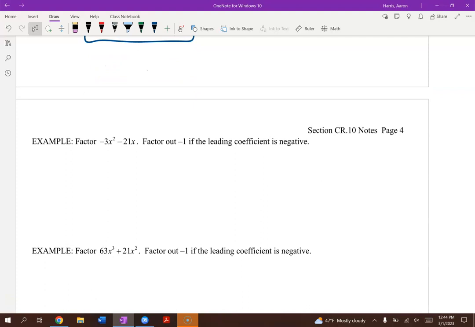Now, if you've got a negative term in the front there, I would take a negative out. So not only am I going to take out a -1, but what's their greatest common factor? So if I take out -1 and 3, good. Yeah, and what else variable-wise? X, yeah. So I'm going to take a -3x out, and I'm left with